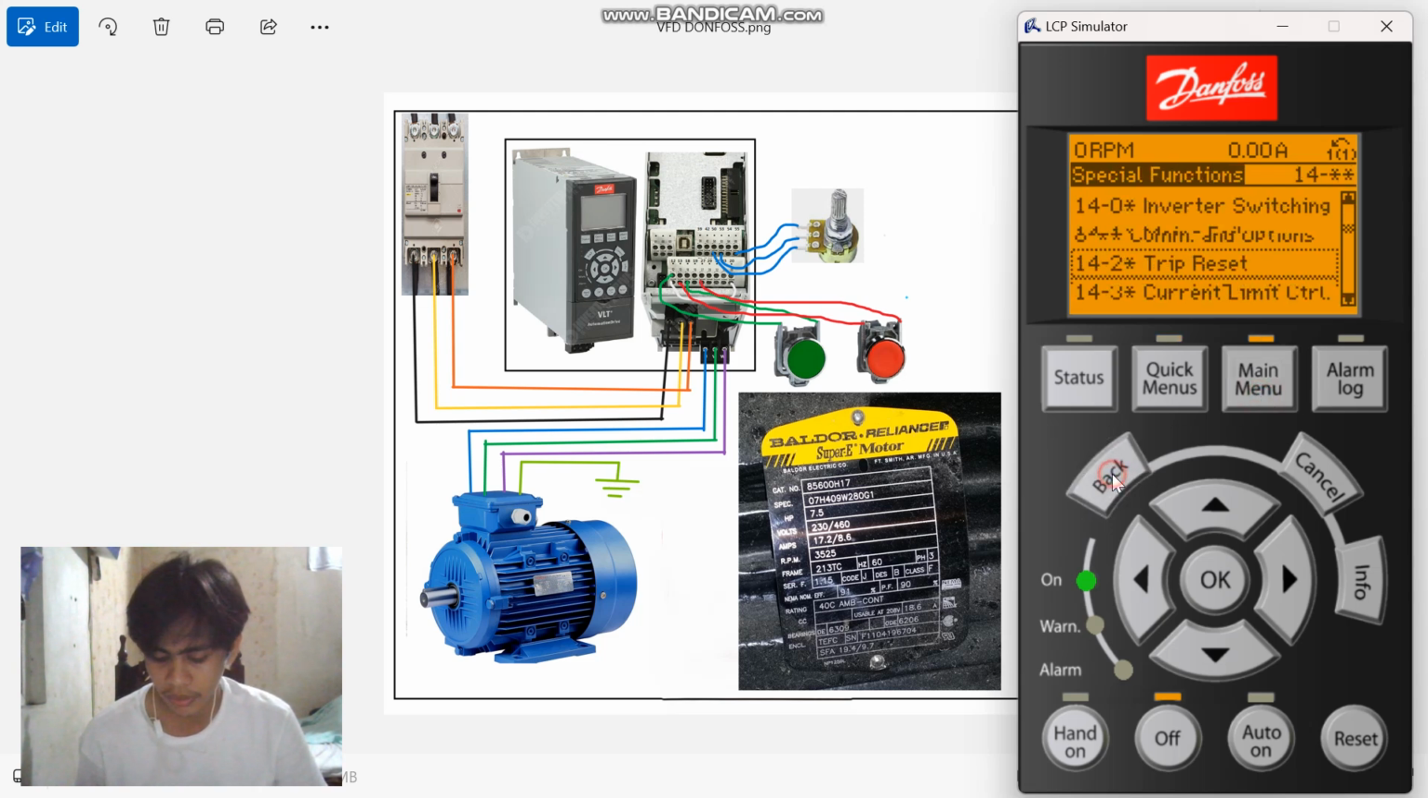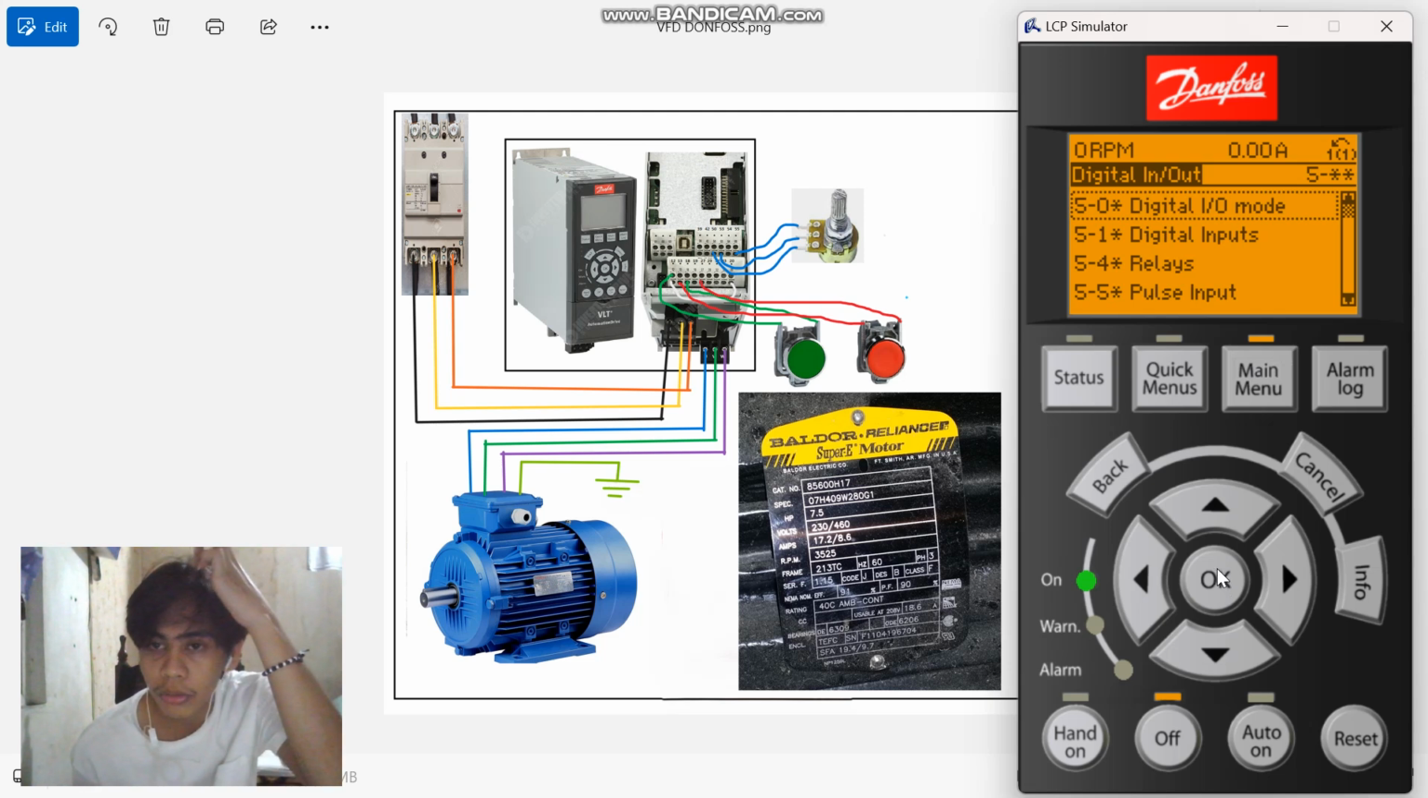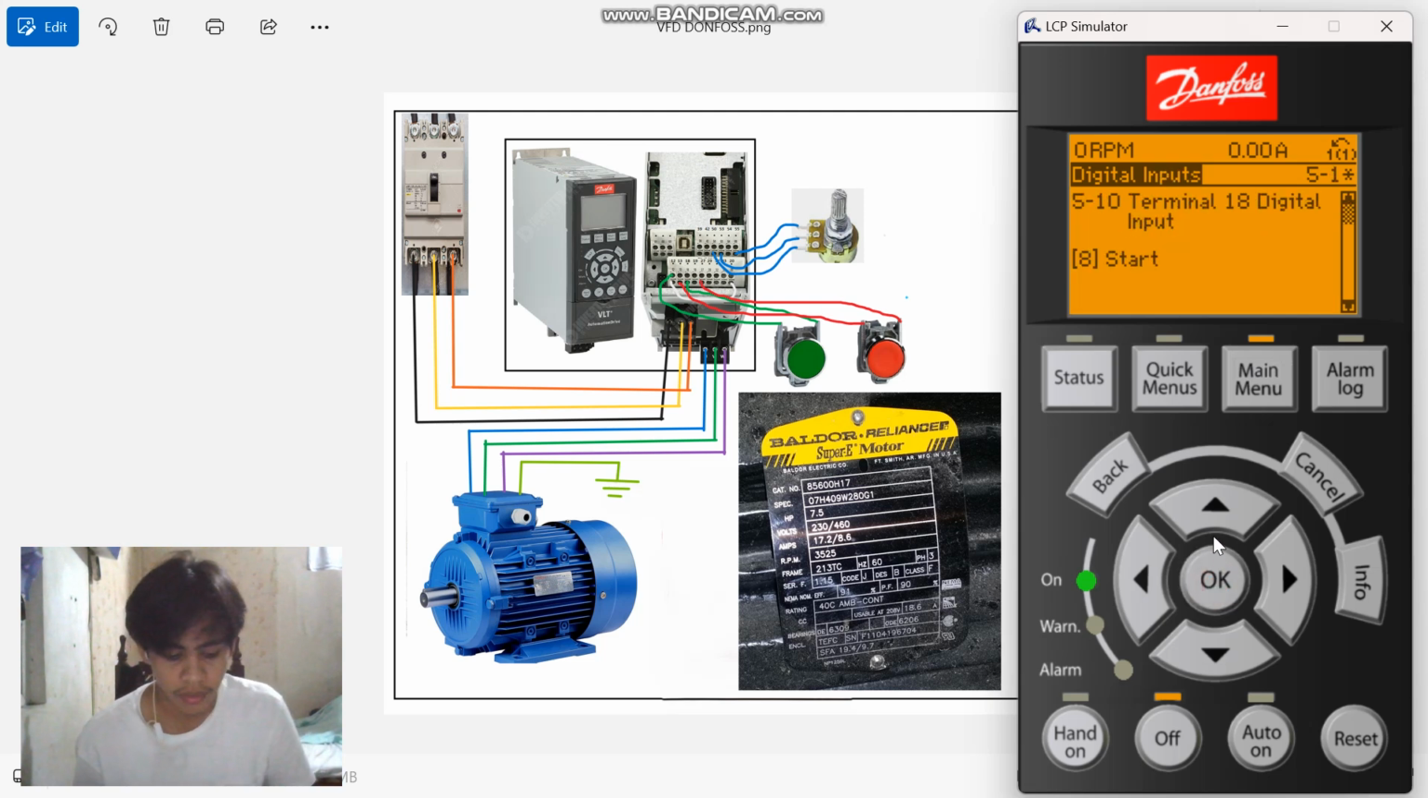back, back, going to digital input output. Click OK, and then go to 5-1, digital input. Then for this we're going to change to latch start. Click OK. This one we're going to change to no operation. And this one also we're going to change to stop inverse. Okay. Then back,